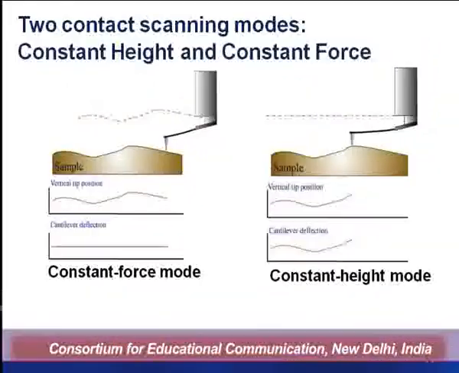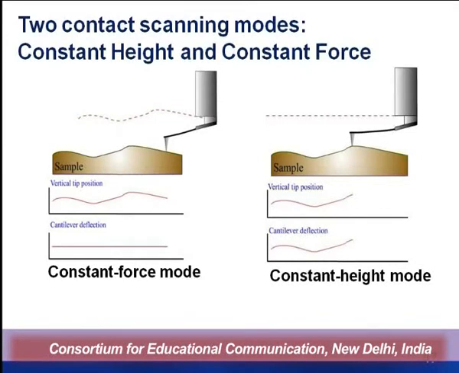The feedback loop maintains a constant cantilever deflection by vertically moving the scanner to maintain a constant photodetector difference signal. It means we use the feedback loop so that this cantilever moves constantly on the surface of the sample, and that can be detected through the detector by getting the different signals. And we are seeing on the screen that there are the two